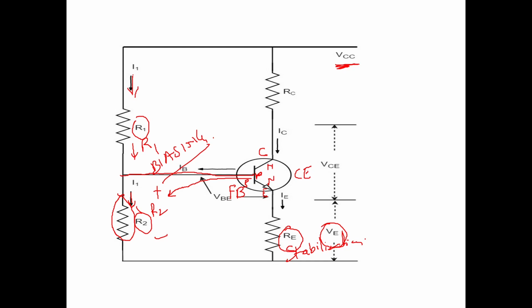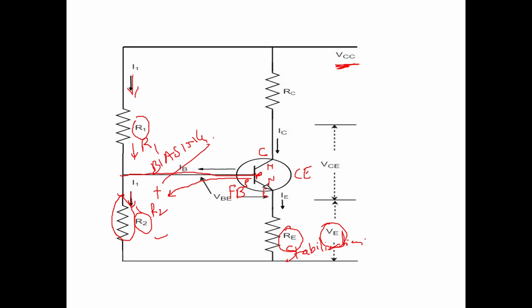Okay, students. Now here in this presentation, students, we have seen what is biasing, and why we require biasing. Okay. What are the output characteristics of BJT, which we have already studied in semiconductor devices? Then after that, what is a load line? Then in that, what is a DC load line? And what happens when the output characteristics intersect with the DC load line? You will get something called the operating point. That operating point will tell you in which region the transistor is operating.